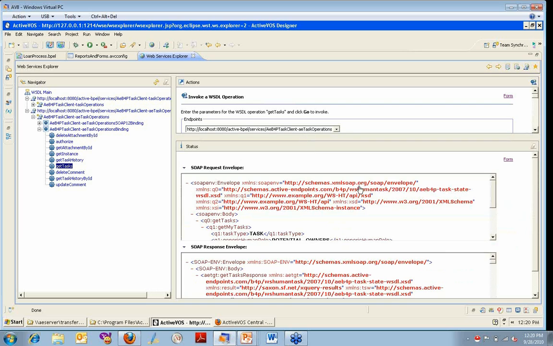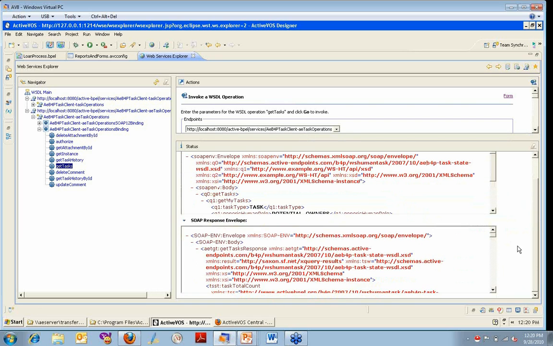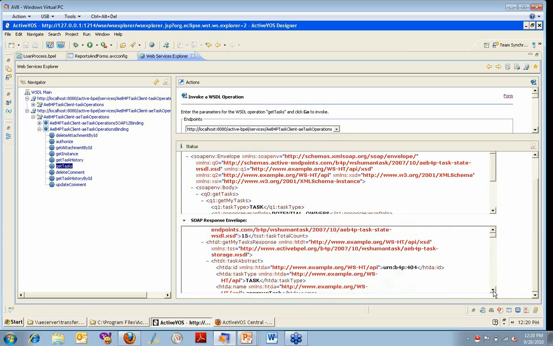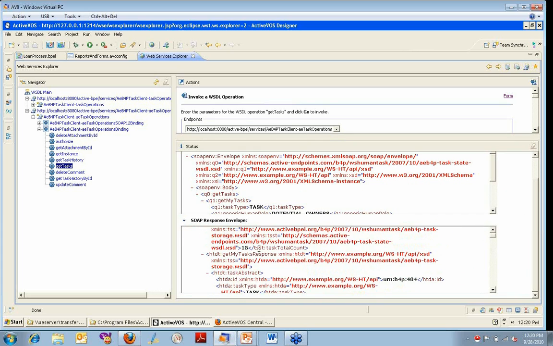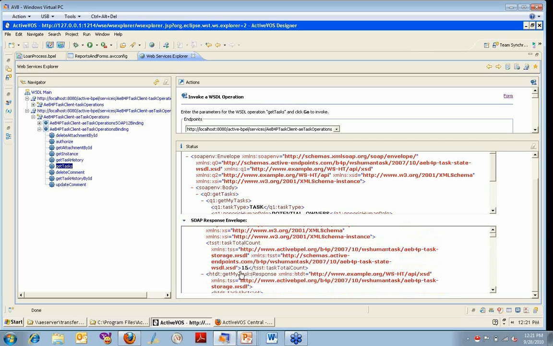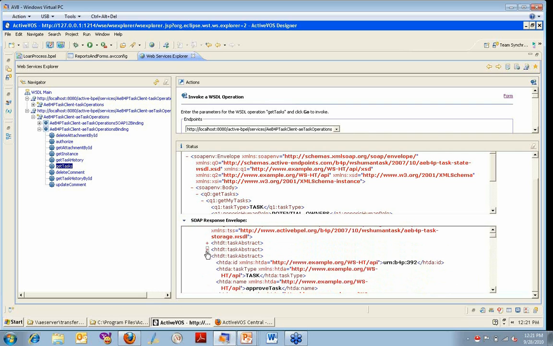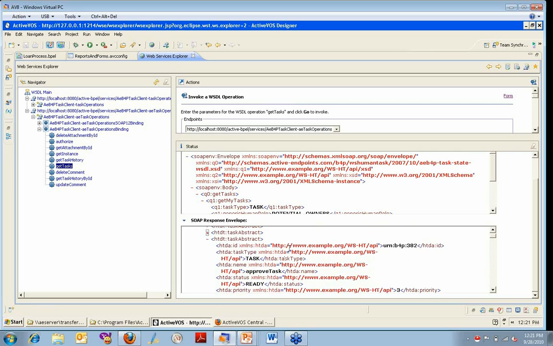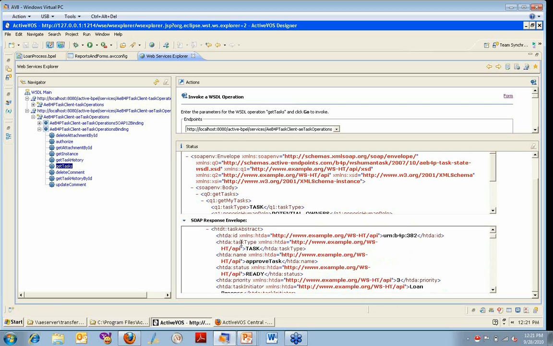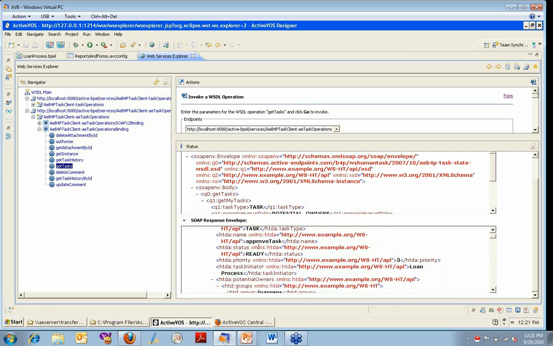There we go. All right, let's take a look at the response. What I've got is the response. I've got a total of 15 tasks, total count 15. I've got a bunch of these things called task abstracts, one for each one. Each task abstract, this is where I get things like the ID, the type, the name,